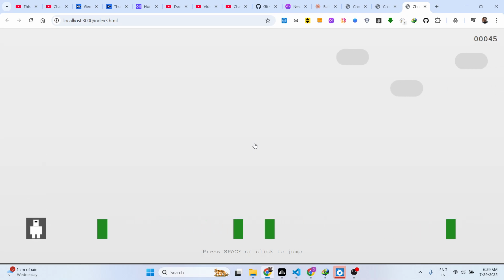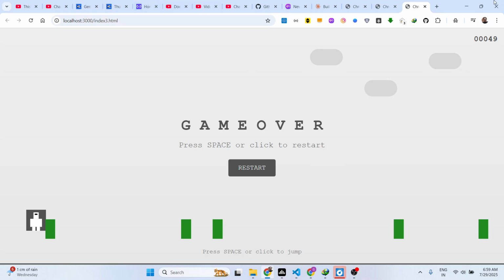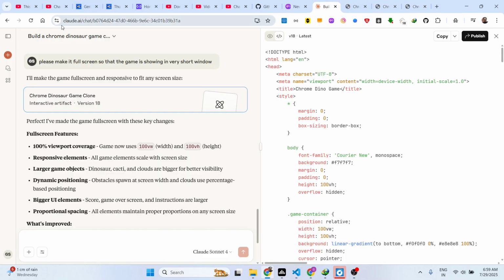So in this easy way, guys, you can build out this Chrome Dinosaur game. So definitely check out this Claude AI platform,